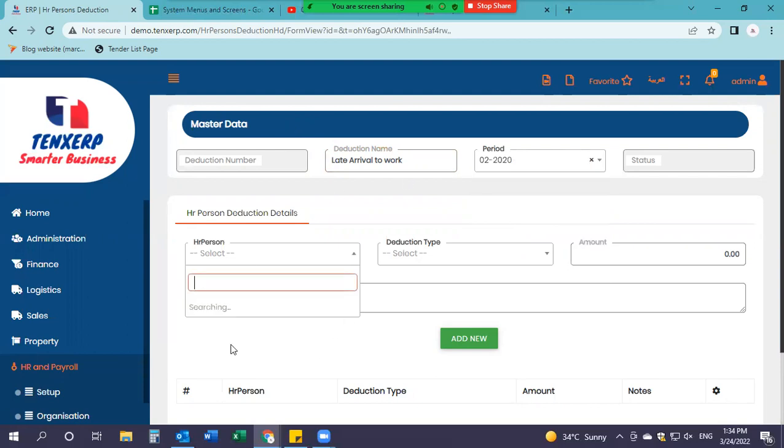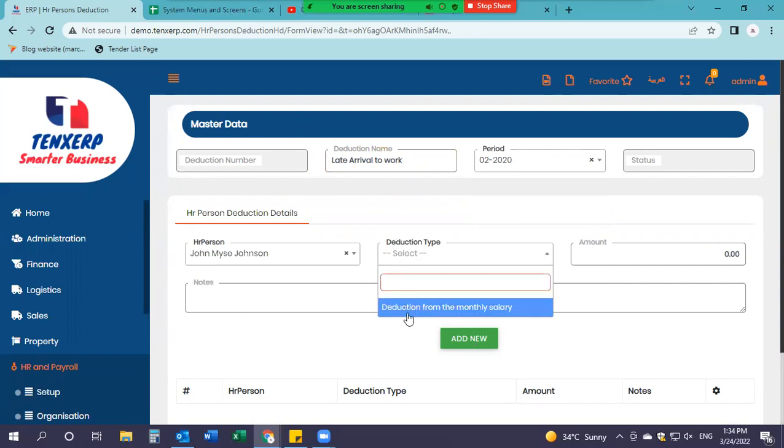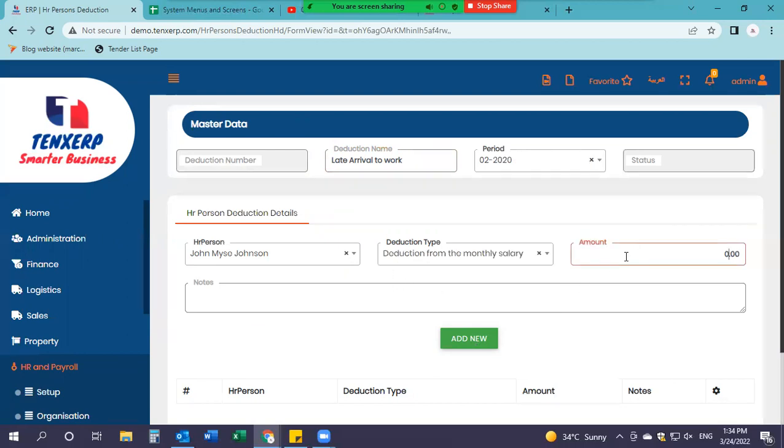So you could choose the name of your employee here. So if you have more than one employee, then their names will start appearing here, and you can specify which employee you want to deduct from. So let's say John, the deduction type, deduction from the monthly salary. And then the amount, so let's say 100,